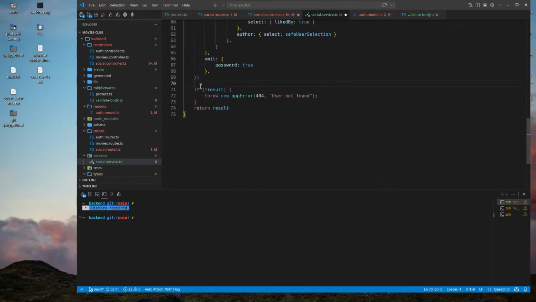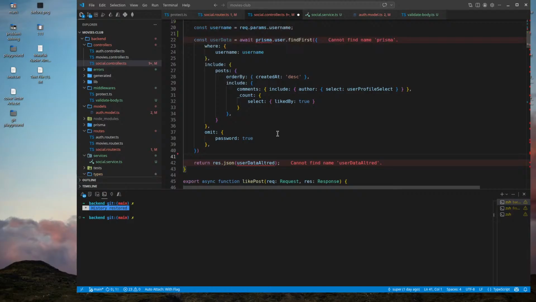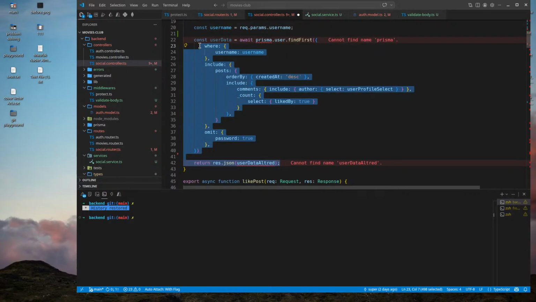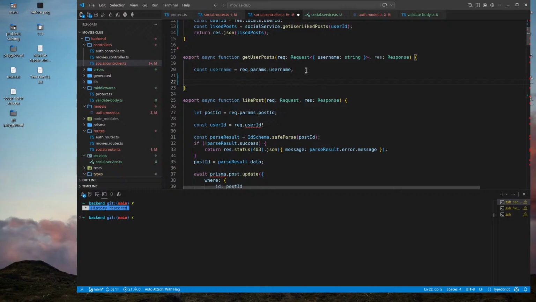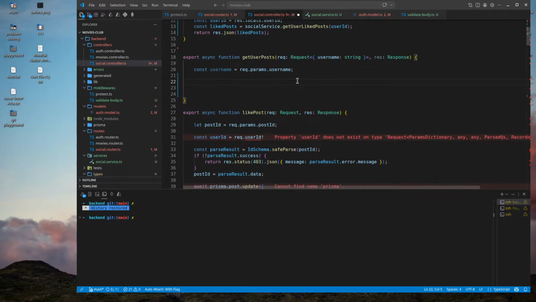Yeah, okay, otherwise user not found. You can remove all of that, otherwise the name in my front end is called